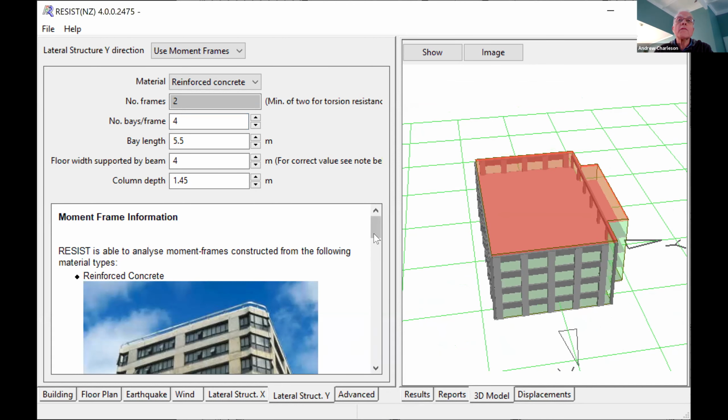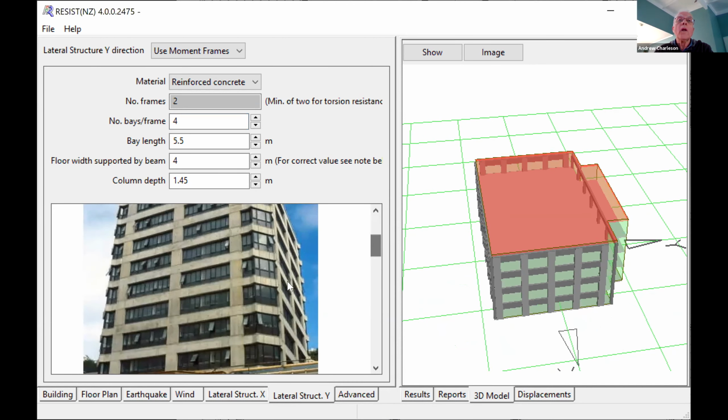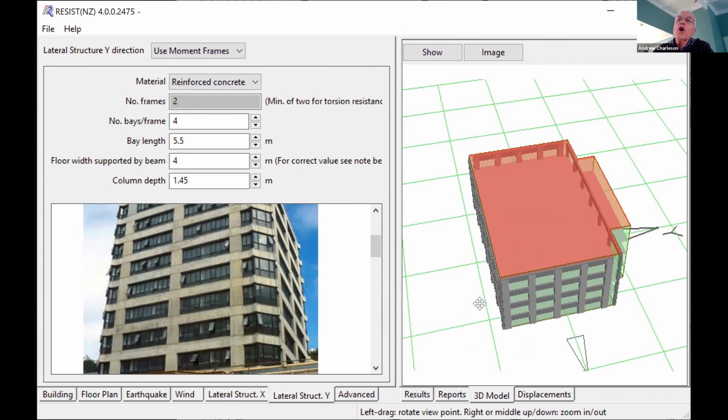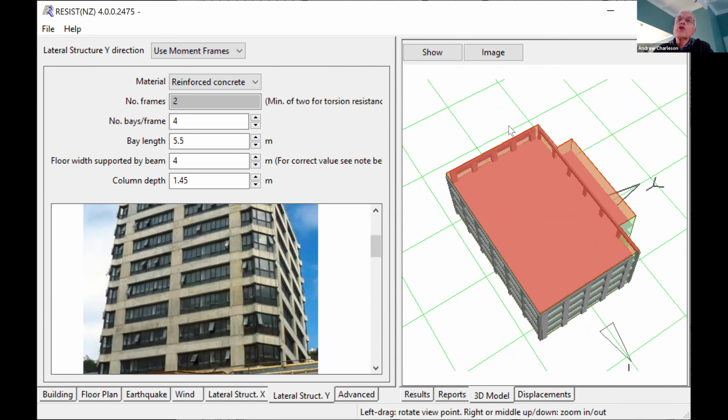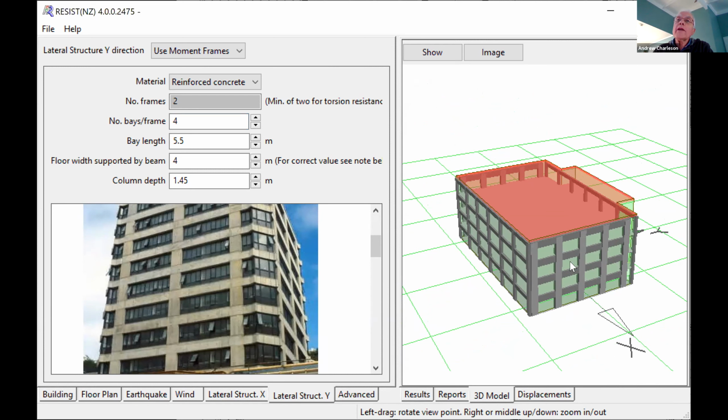They're a bit like the columns on this building. But remember, you've only got two lines of structure to resist all the earthquake in the Y direction. And that's why these columns are so large. The other reason the columns are so large is because we're on soft soil. If